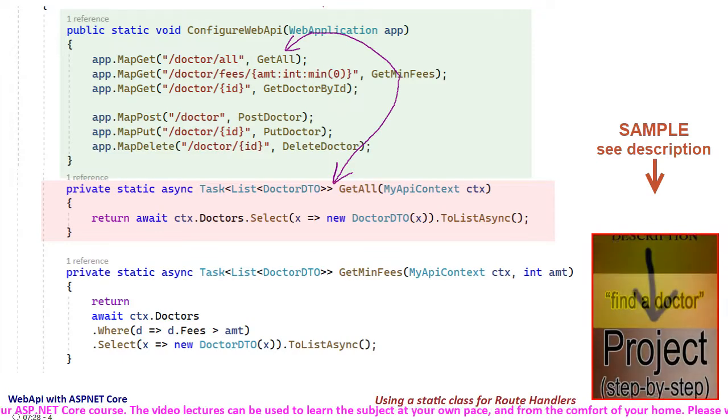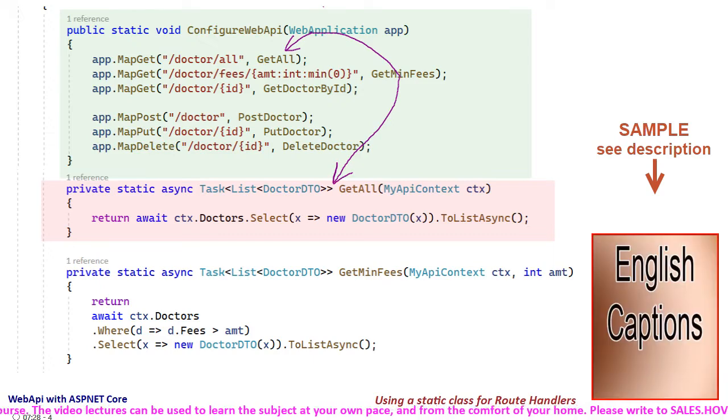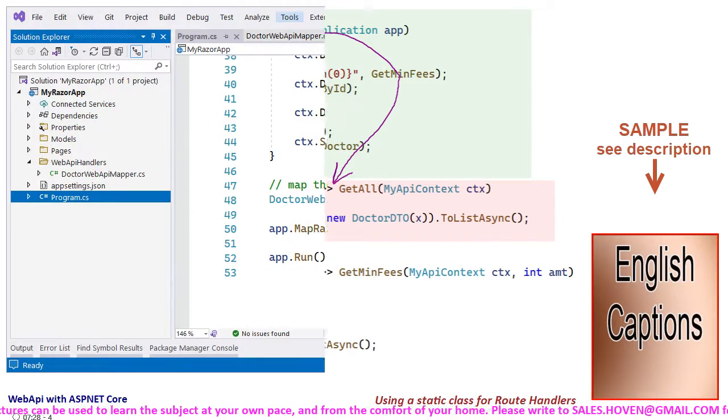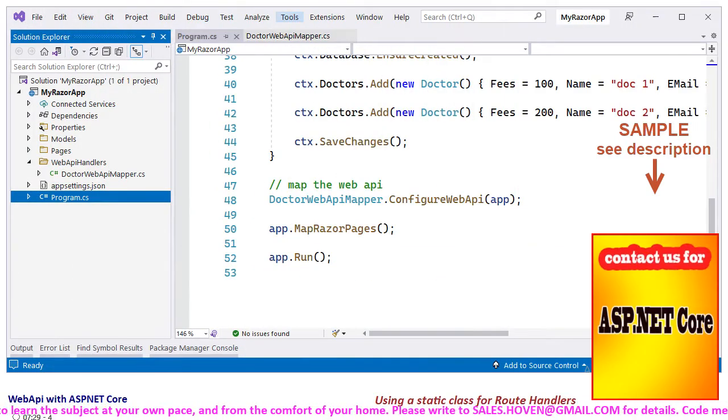Let us have a look at the program.cs file also. Open the program.cs file and scroll to the part that you are seeing